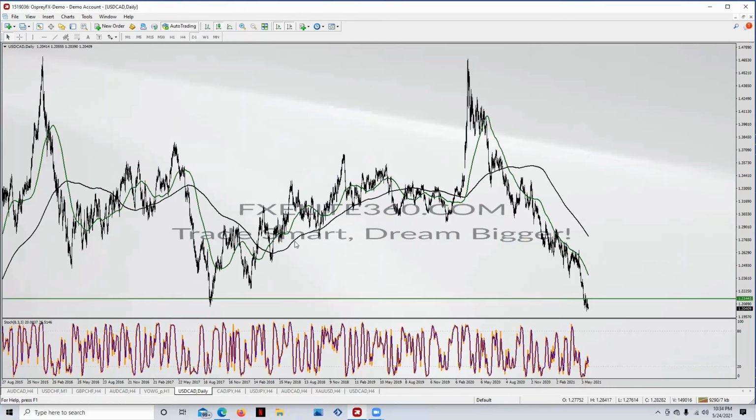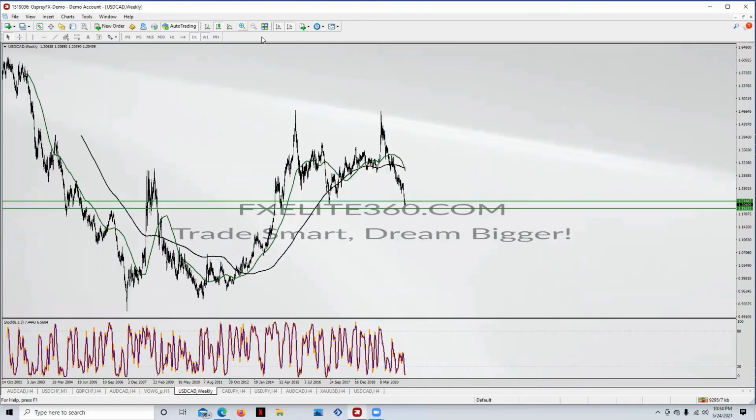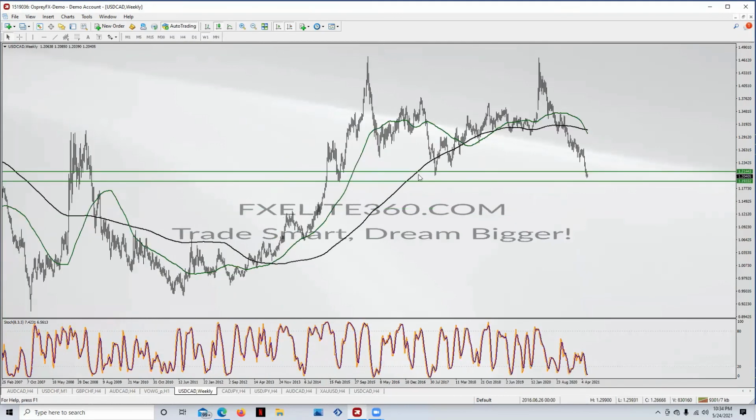Let's see if I zoom out. See, daily doesn't show the whole picture. It only shows me this level right here. So on the weekly, it shows me everything. This will become a triple bottom, because we have 1, 2, 3 levels that are forming, the other level is forming, and then hopefully we get at least 200 pips from here. So it's all patience. We're just waiting, and that's all we can do.